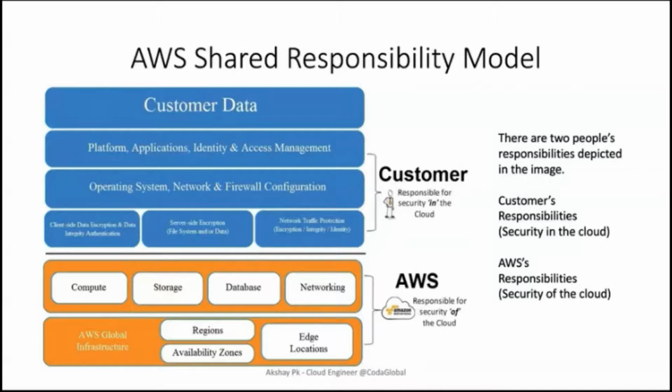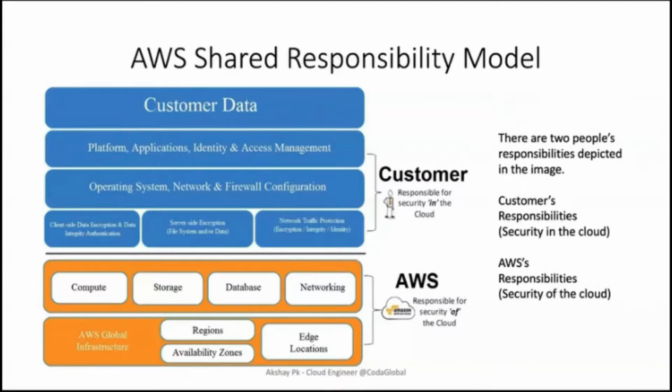But when it comes to our responsibility, as the customer who's using that AWS account, we are responsible for security in the cloud. Our topmost priority is securing our customer data, our applications and the platforms that we are using, and taking care of identity and access management, which talks about authentication and authorization. The next lecture is going to be regarding IAM, identity and access management. How do we delegate access to a person to use our AWS account? What kind of access are you going to give that person, and so on. And then taking care of the operating system, patching and maintaining it.